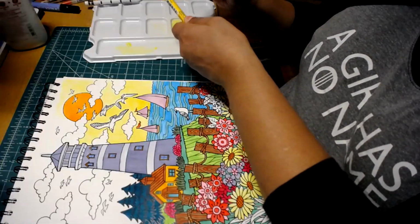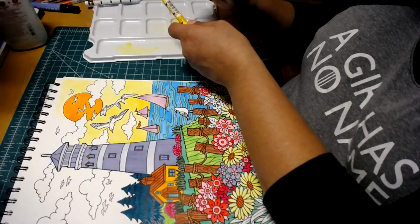Or you could use them like an ink palette. You know, when you use them like a...